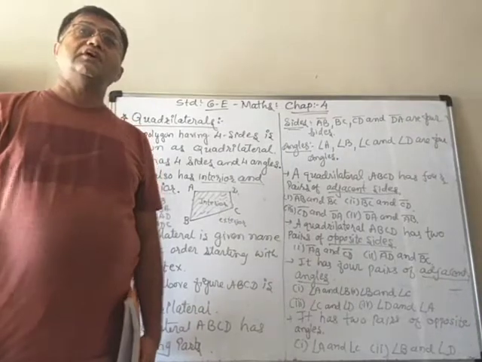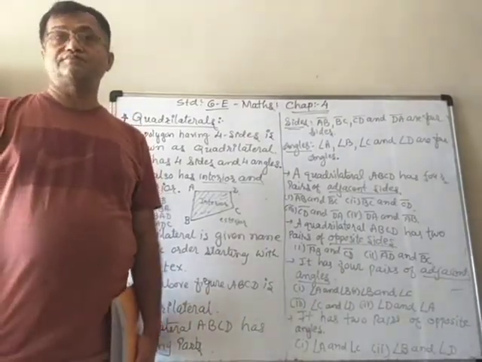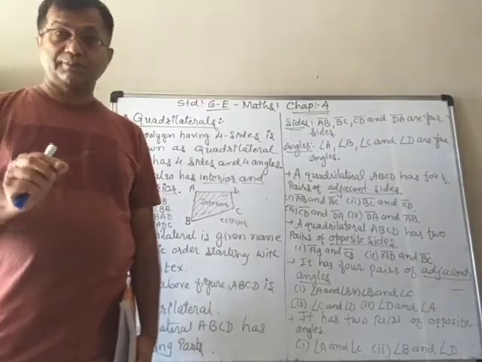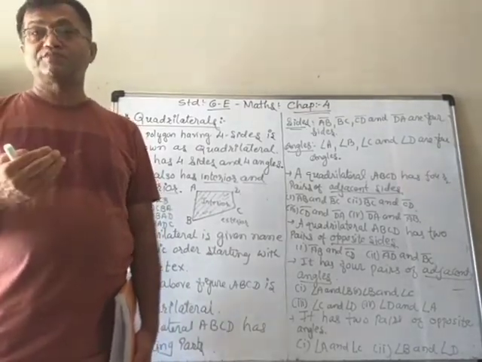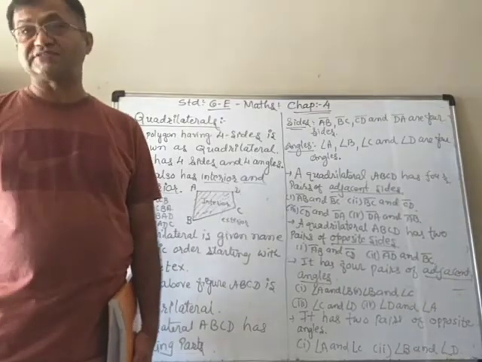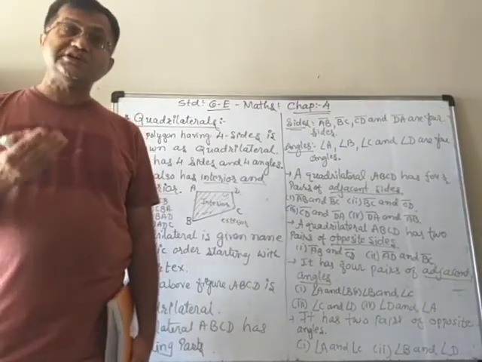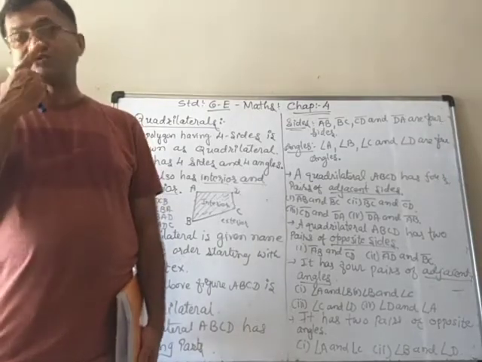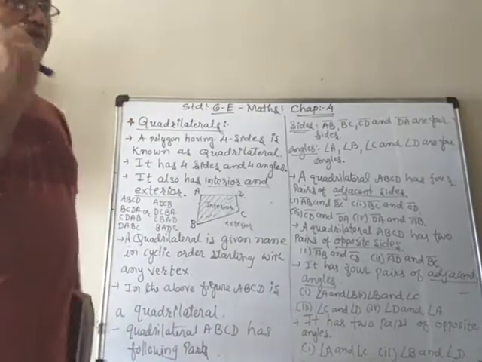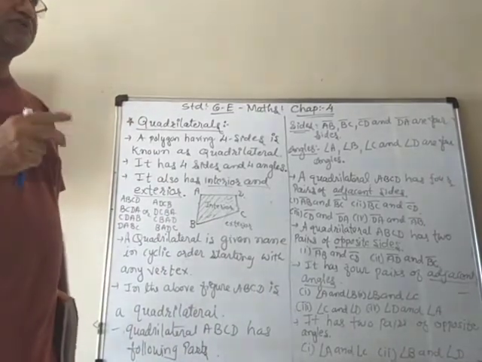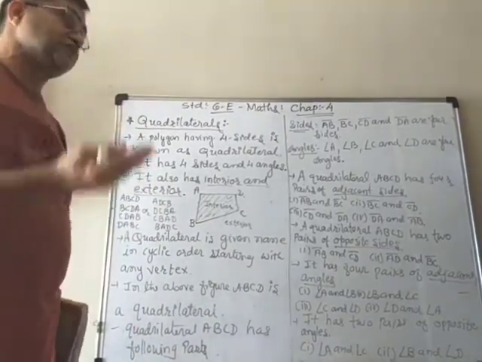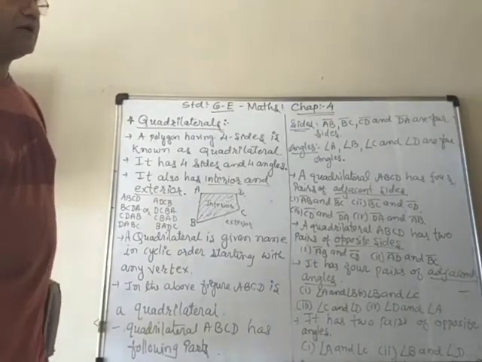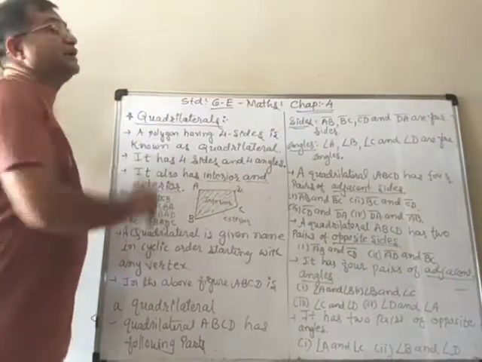And we also learned that a triangle is the smallest polygon, because we cannot have a polygon having only 2 sides. It is a closed figure, and with 2 line segments we cannot make a closed figure. We also learned about triangles, their parts, angles, interior, sides, etc. Now we have to learn about quadrilaterals.